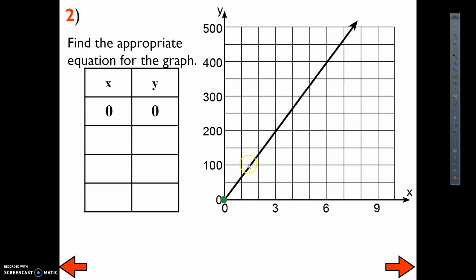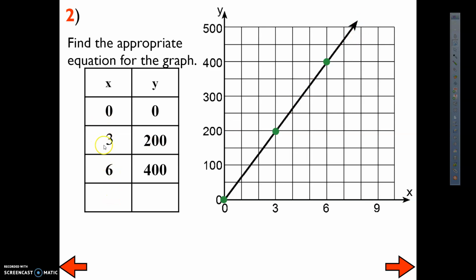The next good point I see isn't until this spot. And again, a good point is crossing at corners. So right here would be the point 3, 200. So I'm going to write that one down. 3 goes with 200. Keep going. This point right here looks like 6. 6 goes with 400. And one more point that we can't see on the graph, but if we follow this